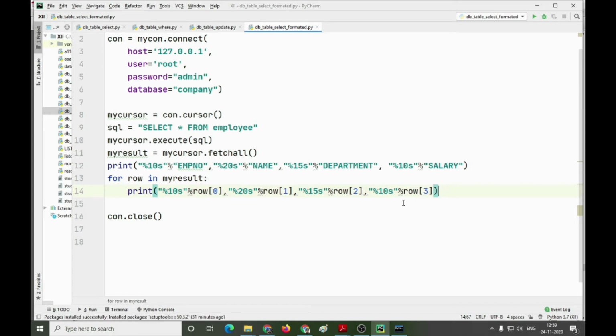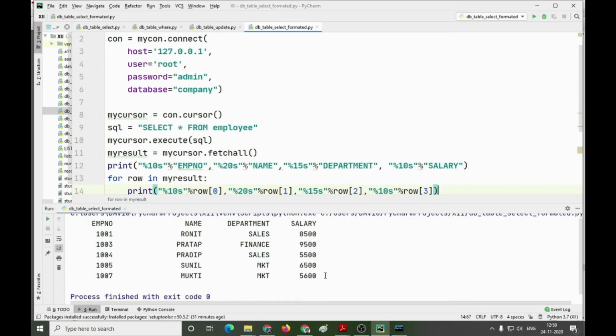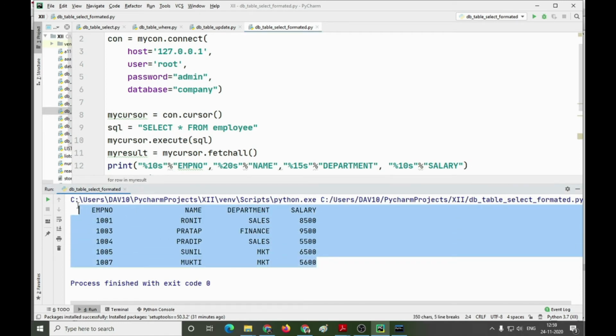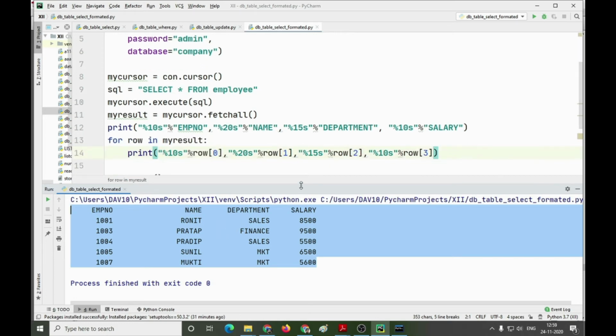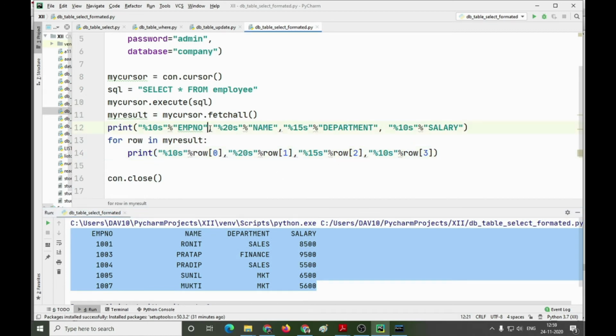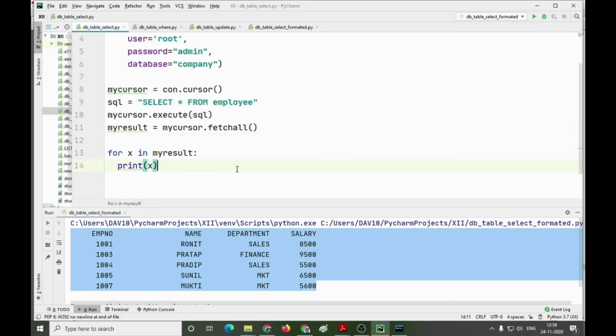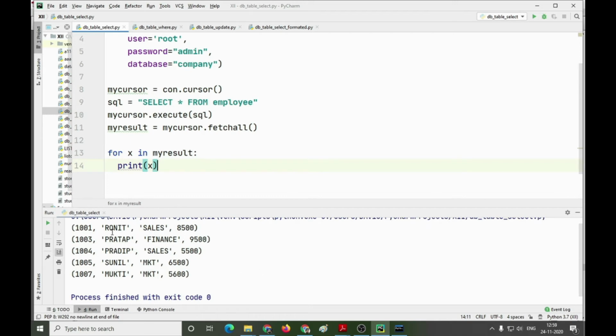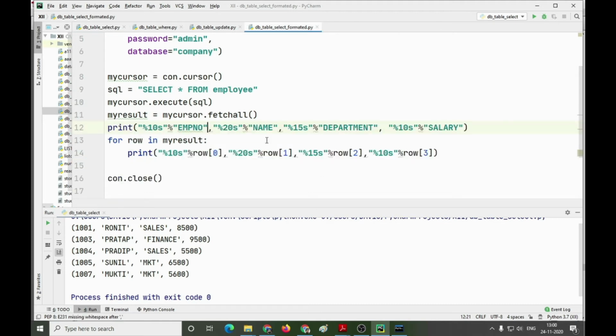Let us execute the program. So we will see this time the program is giving a little formatted output, that means we get a decent output on our screen. Whenever we try to print it in this format, we get a formatted output. In the previous example, when we were executing this program, we were getting the output in a haphazard manner. So if we want to get a proper formatted output, then we have to write like this.